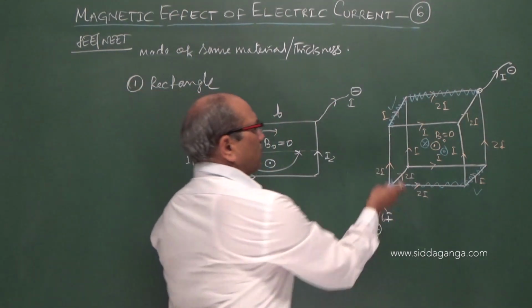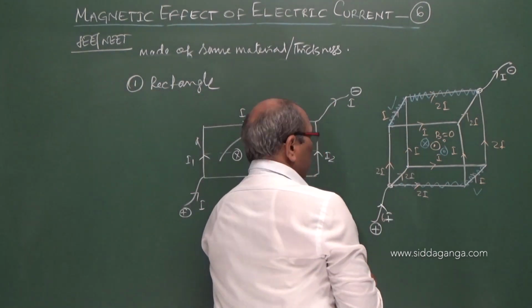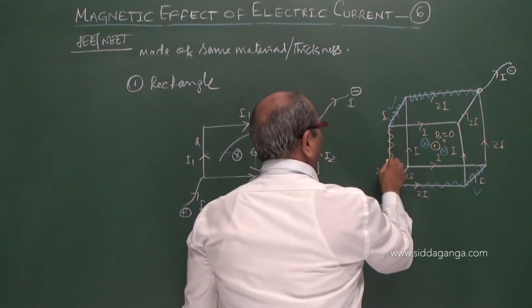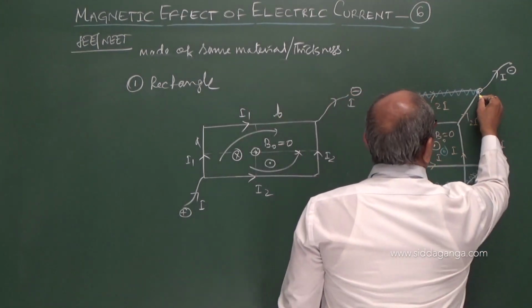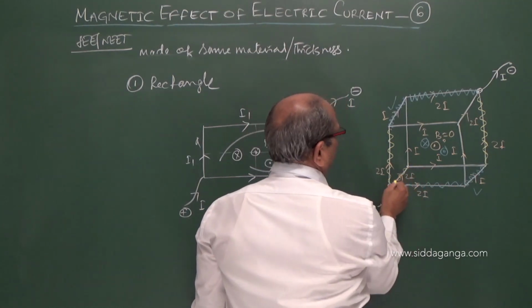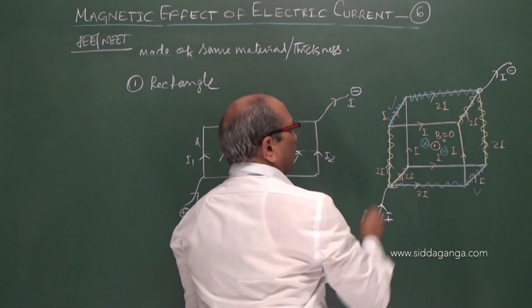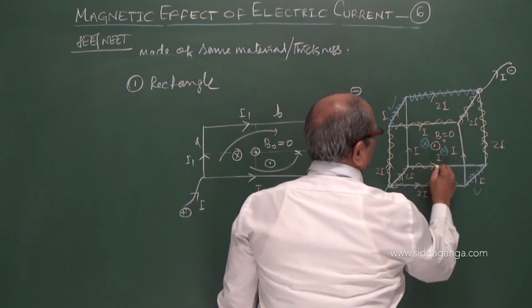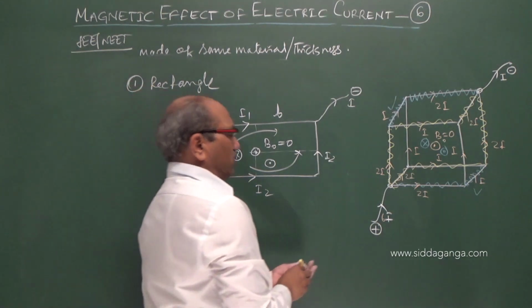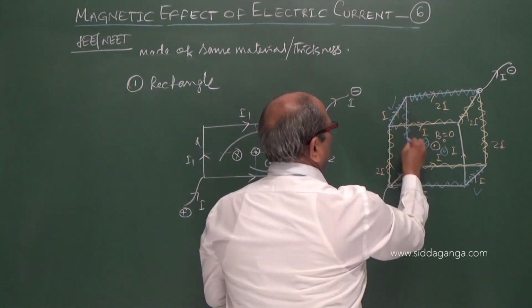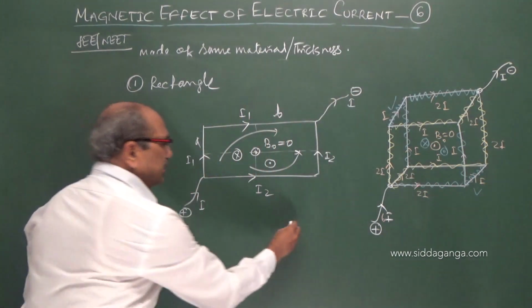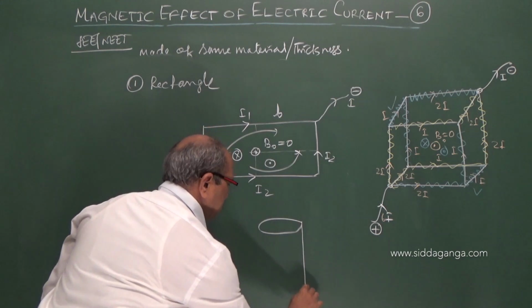Again 0. For example, you can take this arm also. Exactly opposite here is I. Or you can take this arm to that one. Or for this you can take the other one. They are producing fields of the same magnitudes and mutually cancel. Even in this part again. So similarly a cylinder, symmetrically.